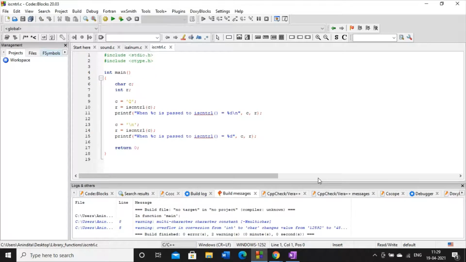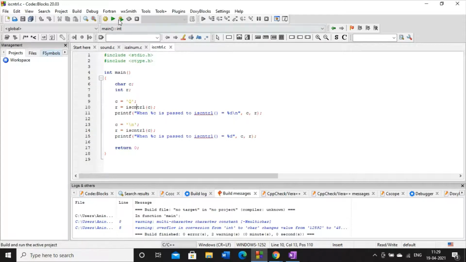So this is the code where I have used the standard library function isControl from the ctype library file. Here I have passed one control character and one non-control character, and these characters are passed as arguments to this function.